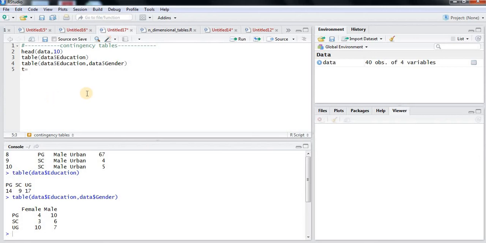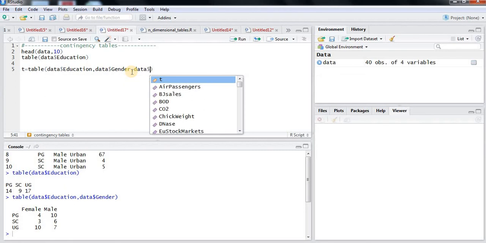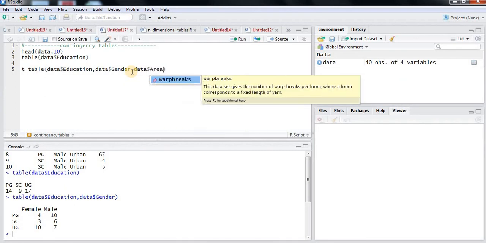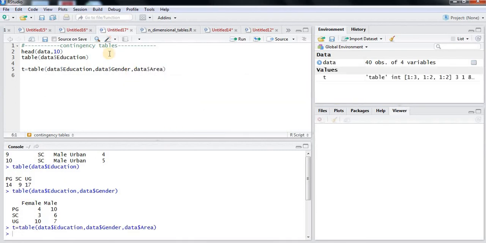With the same command, by adding area, I can have a 3-dimensional table for frequency also. From area, data$area. So see, this table is generated area wise.